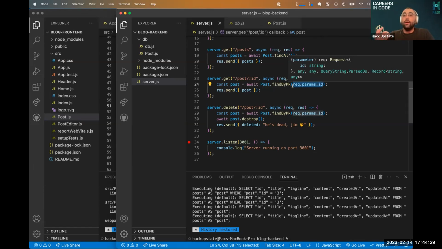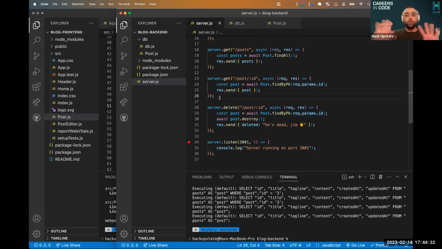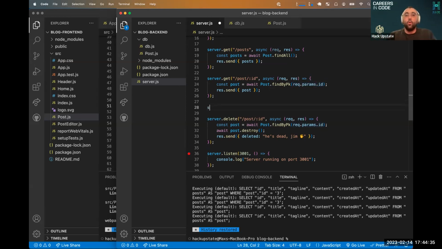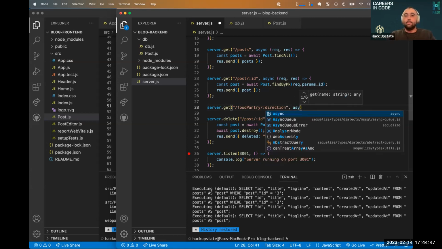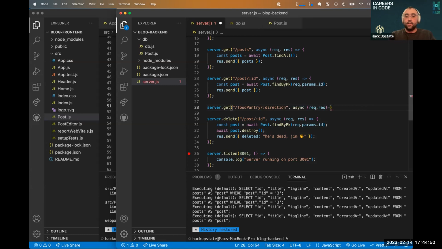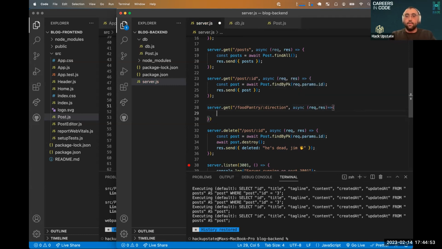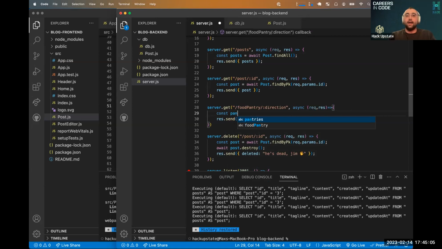What you may want to do is a hybrid of the two. Don't add this to your code. This is just an example. What you may end up wanting to do is saying, hey, I want to do a server.get for the food pantry where the direction is included in the path. And so you could do something like your req and res, where instead of just finding it by the specific ID or finding all of them, you could actually modify your